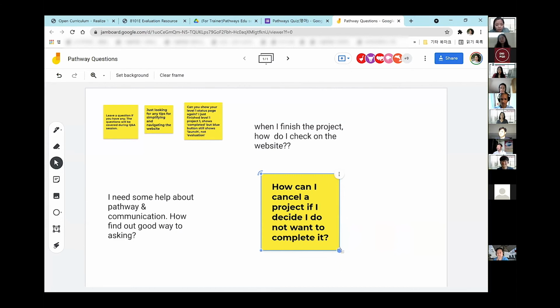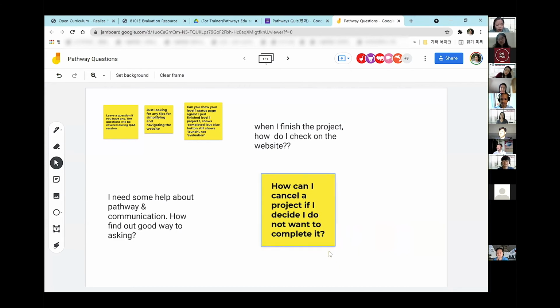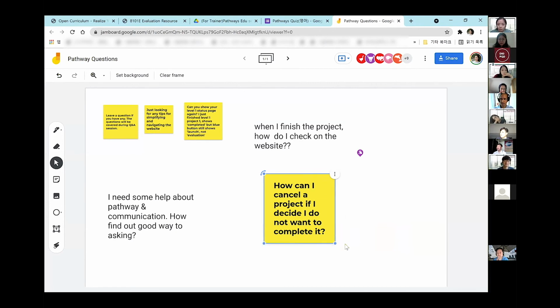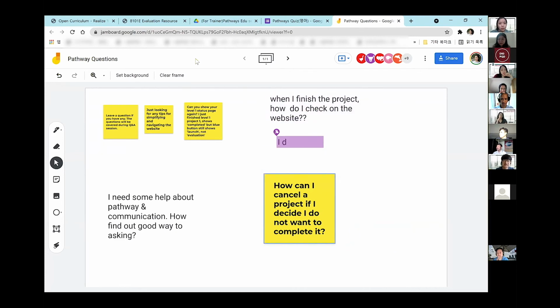I think if you haven't started even the Icebreaker speech, you can cancel it, I guess. But if you start it, then what I believe is it's hard to change it. Am I right? Who had this question? Is there anyone here? Maybe we can see your screen together. I believe there's no canceling a project.